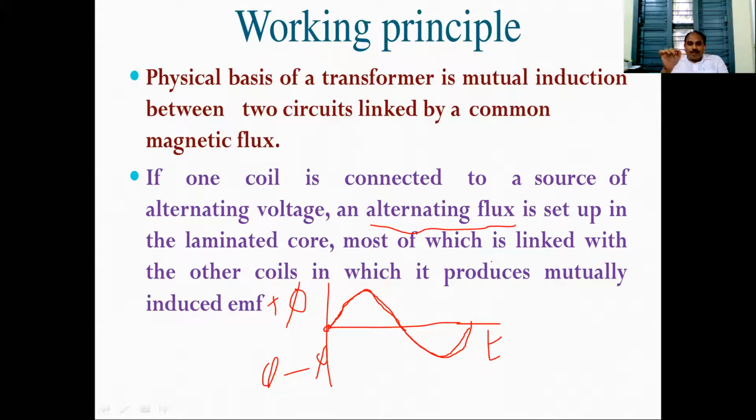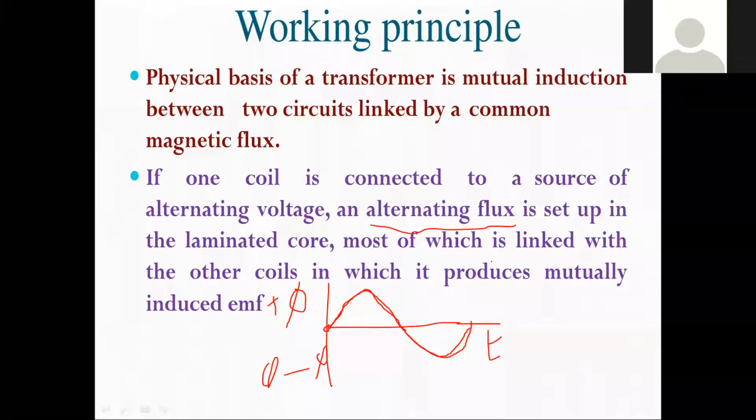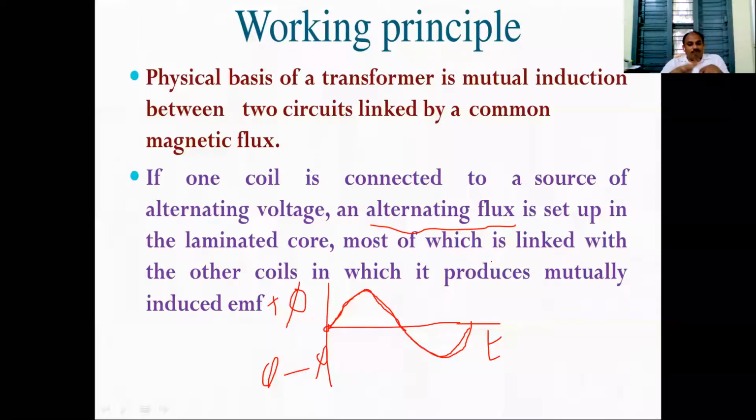The flux produced by the primary coil links the secondary coil. EMF will be induced in the secondary coil. That induced EMF is called mutually induced EMF. Self versus mutual: same conductor, neighboring conductor. The EMF in the neighboring conductor is called mutually induced EMF. That means mutual induction between the two coils exists because of flux. The secondary EMF circulates current in the secondary loop. There is a mutual coupling between the primary coil and secondary coil in a transformer. There is no electrical connection, only magnetic coupling.